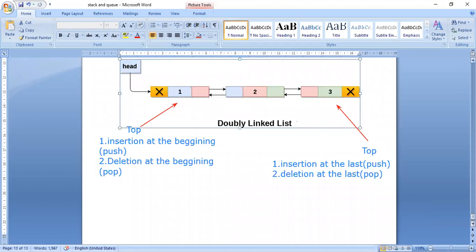For implementing any data structure, it may be stack and queue. In the coming classes, you will be learning trees, graphs, and many other data structures. For all these things, only one thing you should know: insertion and deletion. Then automatically, by using those functions, I will be implementing the data structure using the linked list.